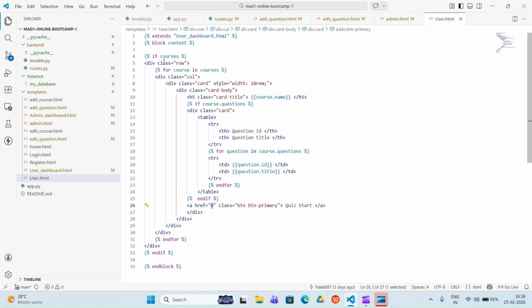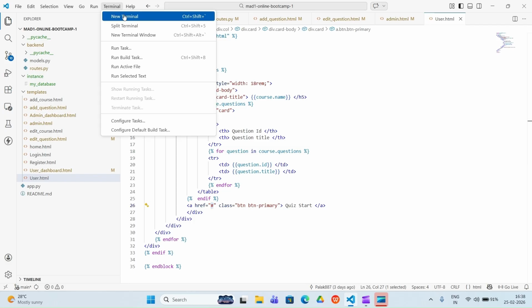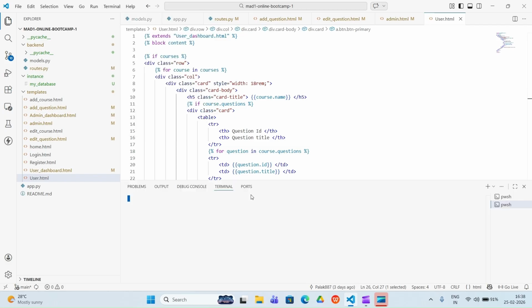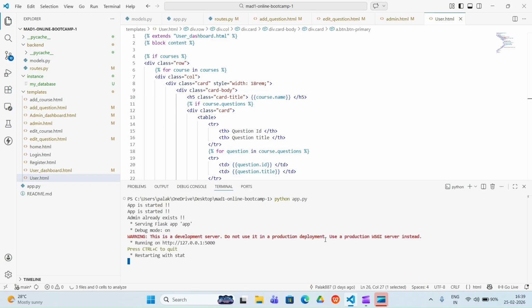So let me start the terminal first, and then we will see what things we have done so far and how our dashboard looks now, and what changes we are going to make after this. Okay, so let's give here python app.py, and let's start the server and deploy our app to our server and see whether it is working fine or not. I will follow this link, click on this particular link and it will open, and now we can see our home page.